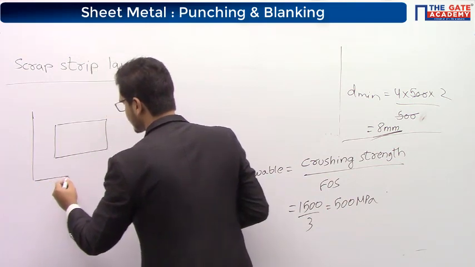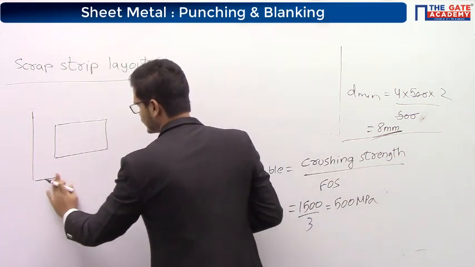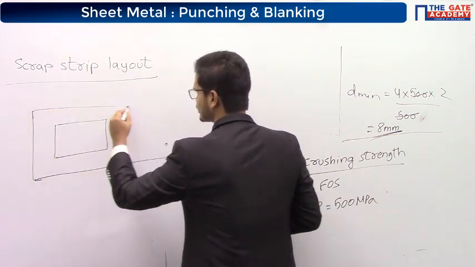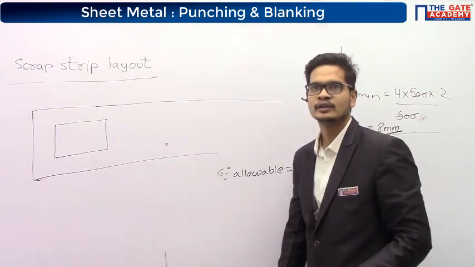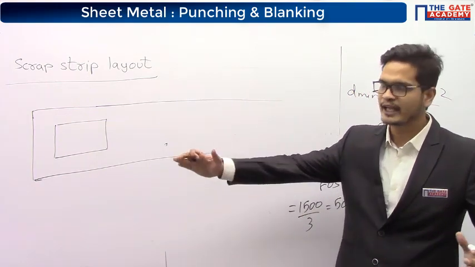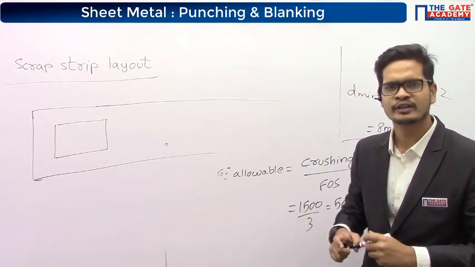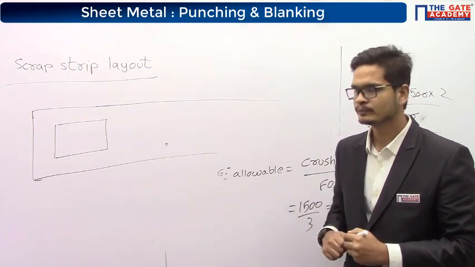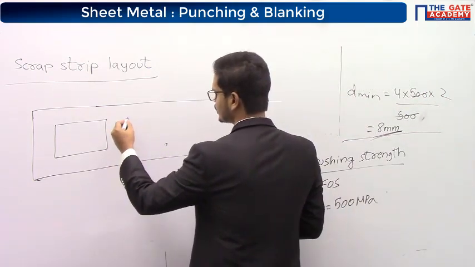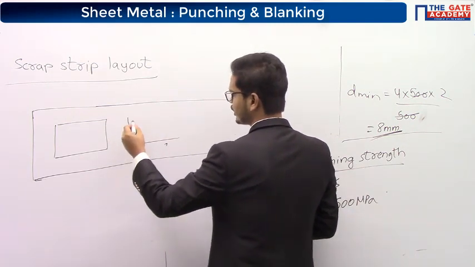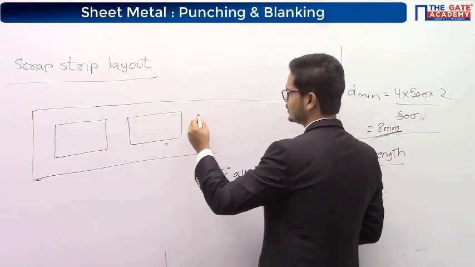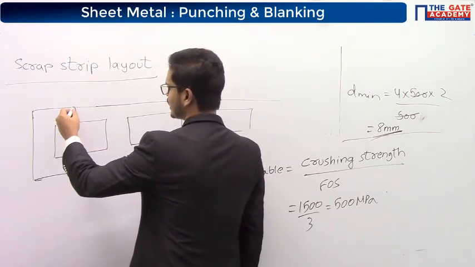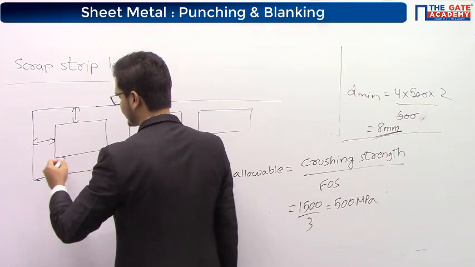Because there are chances that the edges may get damaged at the time of transportation. So you'll take a bigger blank. You'll buy a bigger roll. In fact, the sheet metal generally comes in rolls. You'll buy a bigger roll, and throughout the roll, by using your punch and die assembly, you'll keep cutting the required size of the blank. How much bigger size do you require?